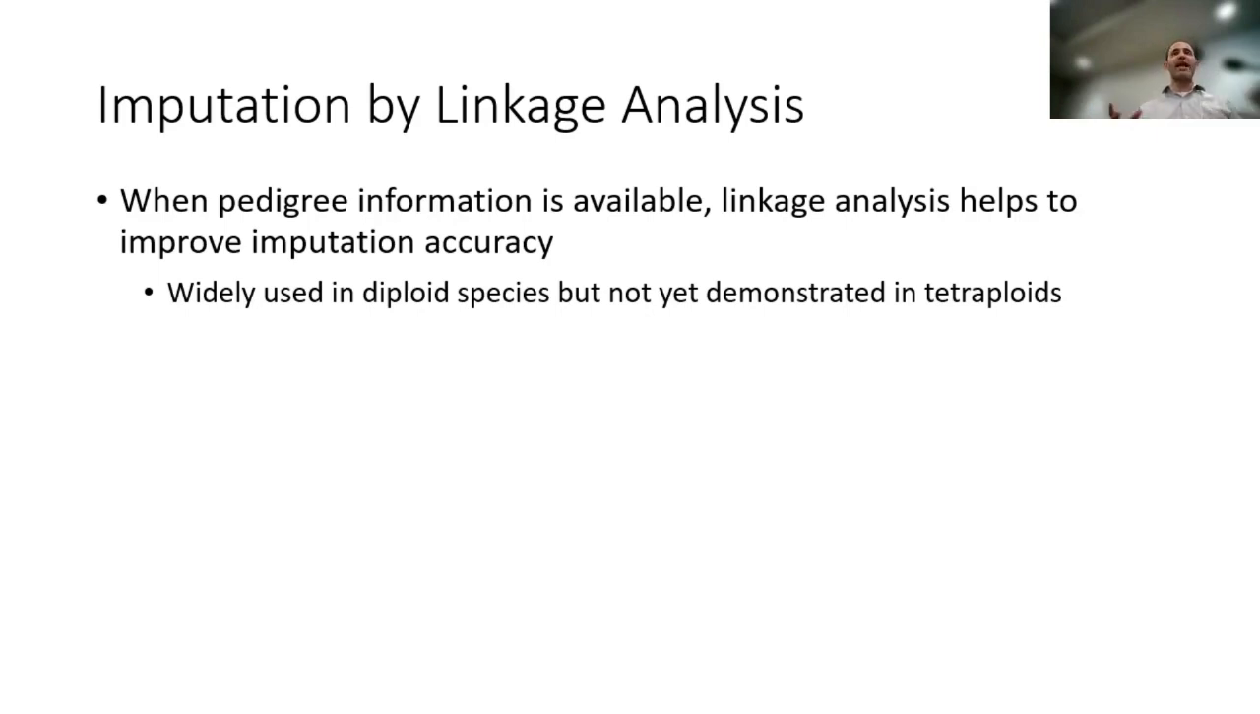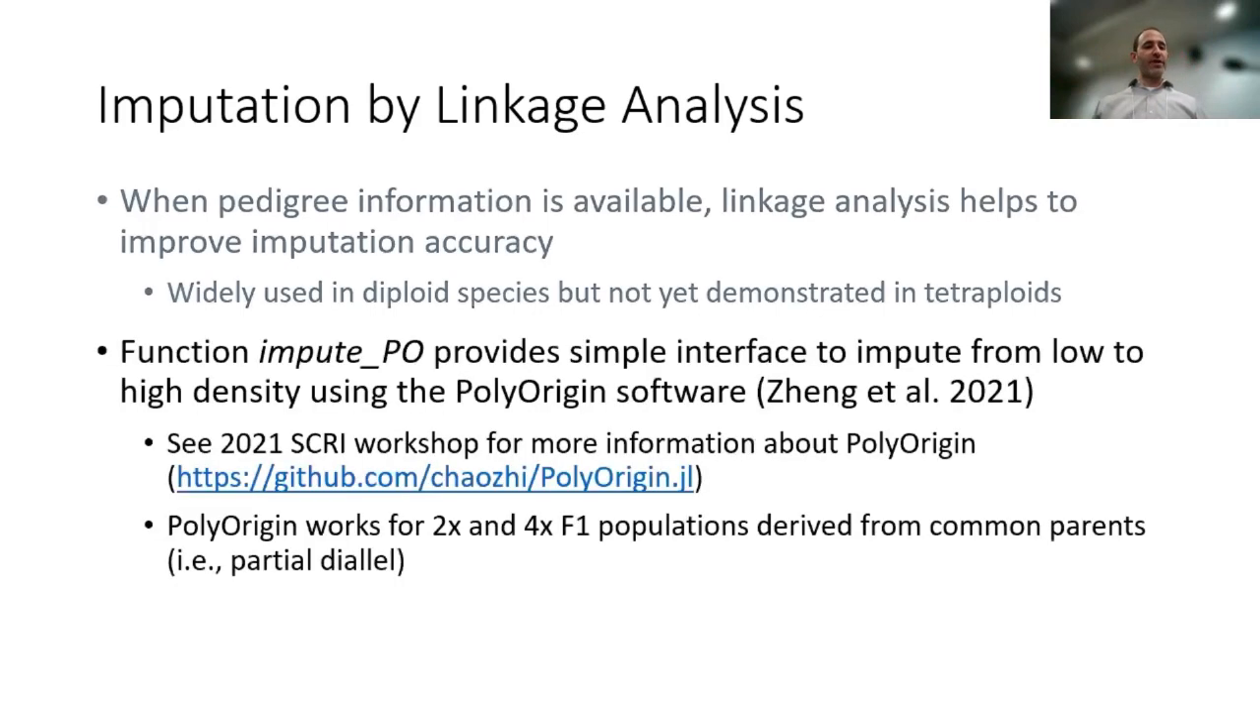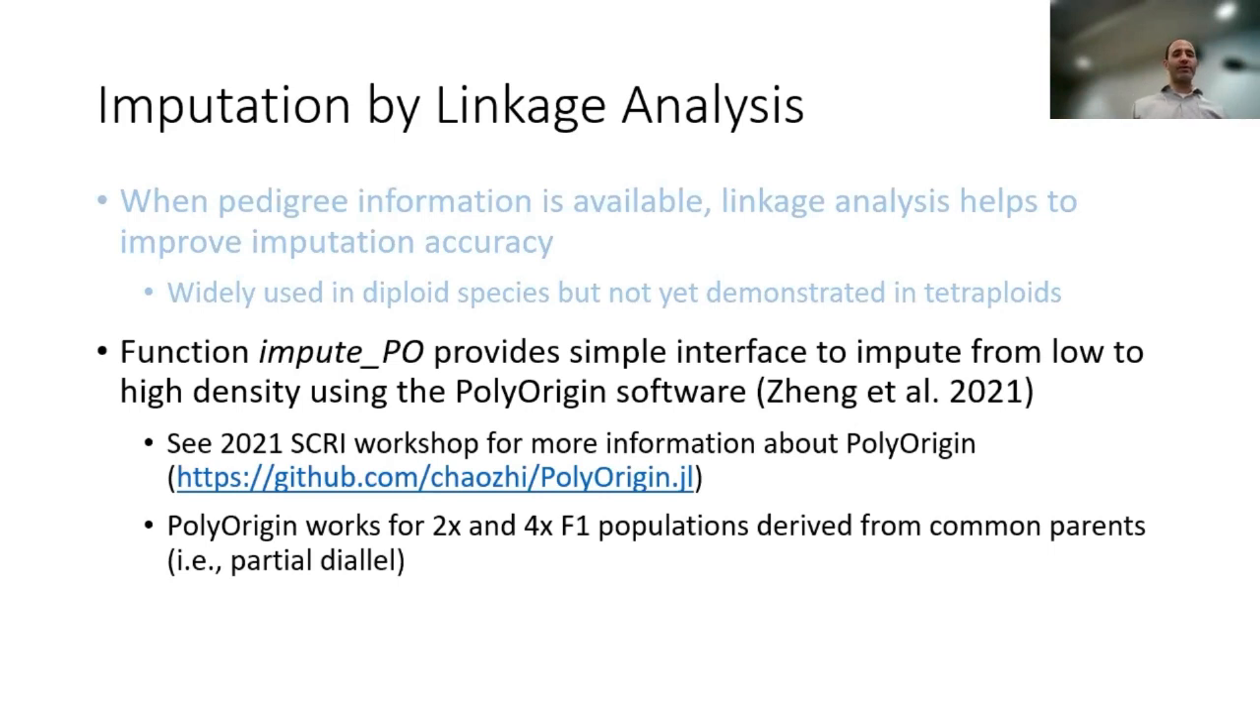And in diploids, especially in animal breeding, where they have these very large pedigree data sets, they have developed this to a really sophisticated technology that combines both LD and LA, as they call it. We're not there yet in tetraploids, but we do have the capability to start to do linkage analysis as a gateway to this combined LD-LA approach. So this is a function in Polybreeder called impute_PO, where the PO stands for PolyOrigin. That's the software that Dr. Chaoji Zhang developed a couple of years ago. We had some presentations about it at the 2021 workshop series,